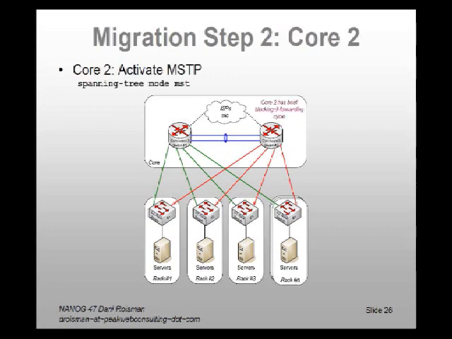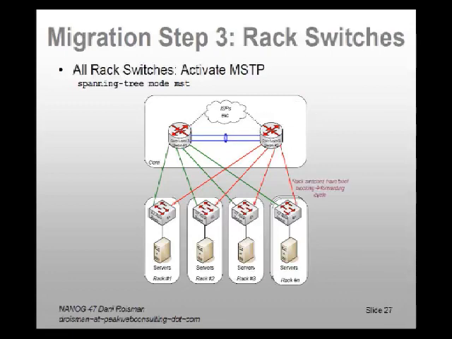Step number 2, migration. You go on to core 2, and you say spanning tree mode MST. Core 2 has a brief blocking forwarding cycle. Doesn't seem to impact traffic. Didn't impact on the 2 networks where we did this, 2 data centers where we did this. Everyone's fine. And migration step 3, you get on your rack switches, and you could just do a rolling scripted